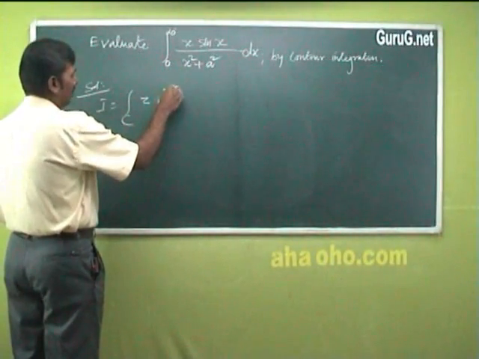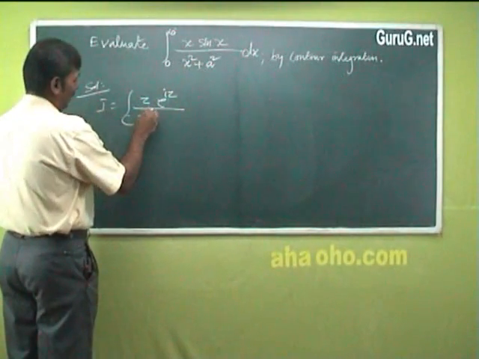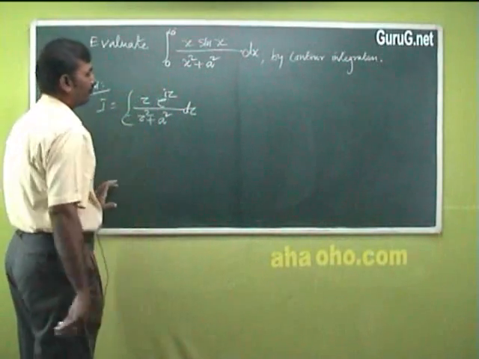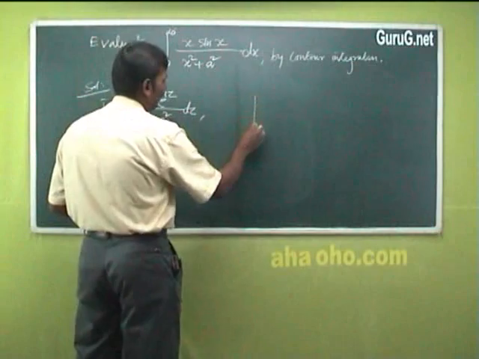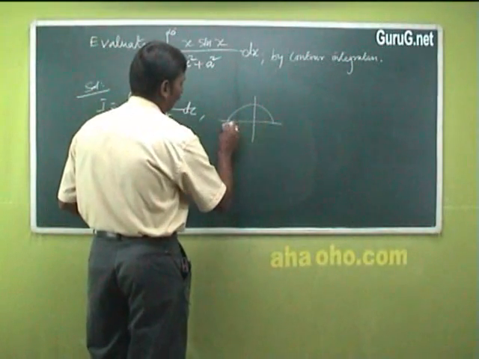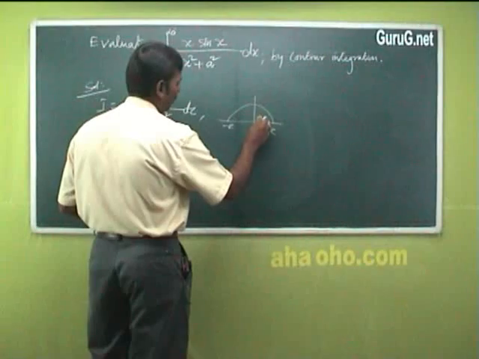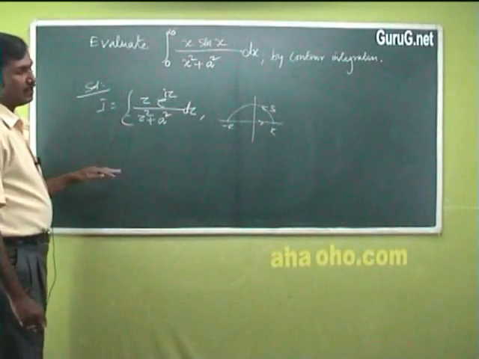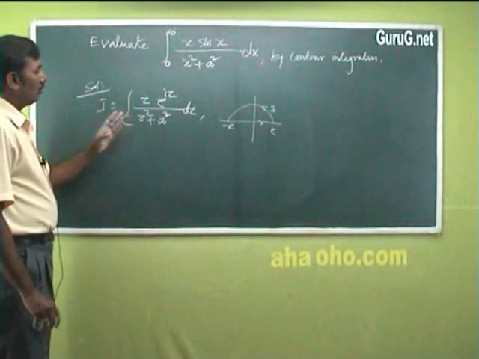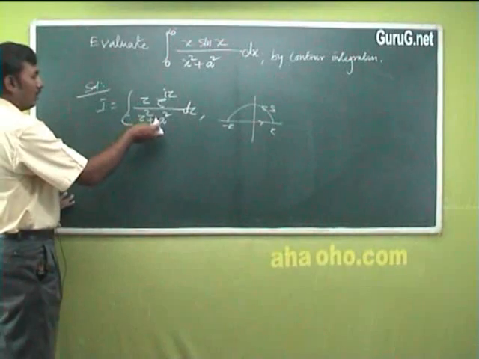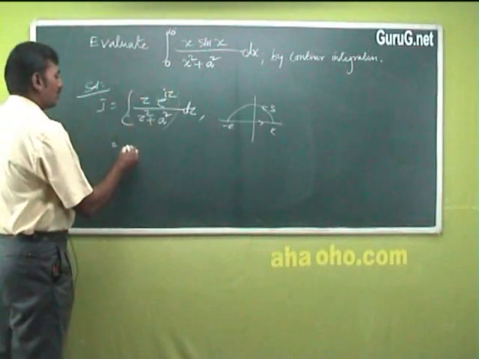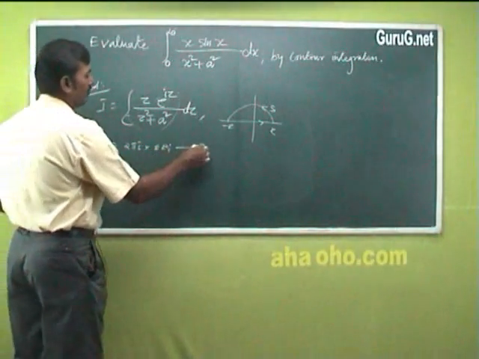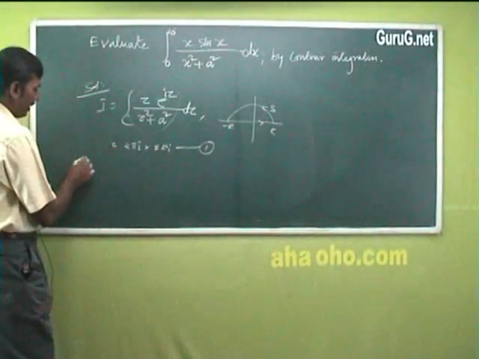e power iz by z square plus a square into dz, where c is the semicircular contour from minus r to r and then this s. S is a semicircle whose radius is less than or equal to r. Now, this is of the form what? You can take it as f of z. So you can apply the residue theorem. So 2 pi i into the sum of the residues. This is 1. The poles are given by